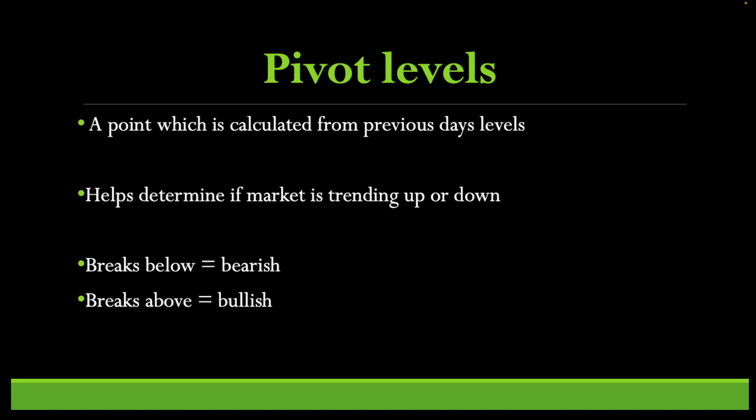I'm going to go over it on Webull, but this is just an example, right? If it breaks below, you don't touch the stock, so you mark the daily high and daily low, and that's it. A pivot level, I'll go more into it, but essentially it helps determine if a market is trending up or down, or if a stock will go to that next leg and make those multi-day moves,